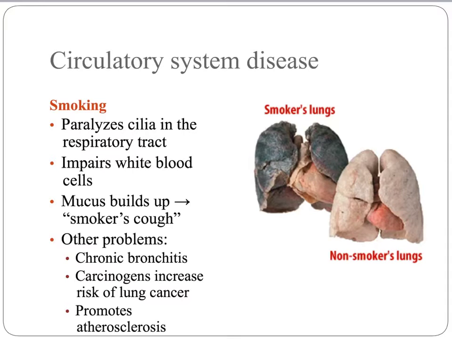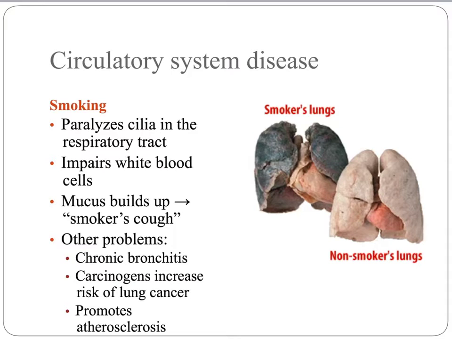Of course, it is more closely related to respiratory system disease, so we'll talk about them together. One thing that smoking does is paralyze the cilia in the respiratory tract. You have cilia lining your trachea, your bronchi and bronchioles. What those cilia do is help get mucus and dirt and other things that you breathe in into your lungs, push them back up and out. It pushes that material towards your mouth, and then you can swallow it and get rid of it